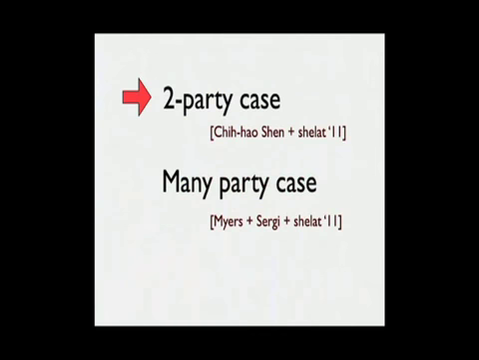I'm going to talk about this general field called secure multi-party computation, or secure collaboration. I'm going to give two examples. One is a paper with my grad student Chi-Hao Shen, and it deals with the two-party case where there are only two participants, Alice and Bob. And the second case I'm going to talk about is the many-party case, and that's joint work with Steve and with my grad student Mona Sergi. And both of these papers are roughly from this year, but they started a little bit earlier. Okay, so